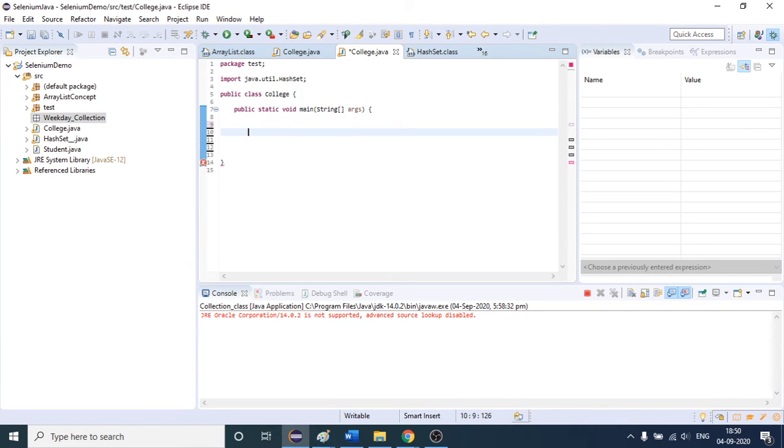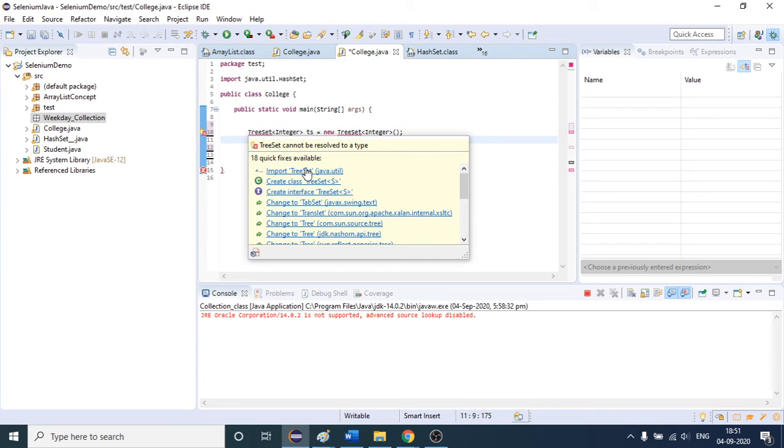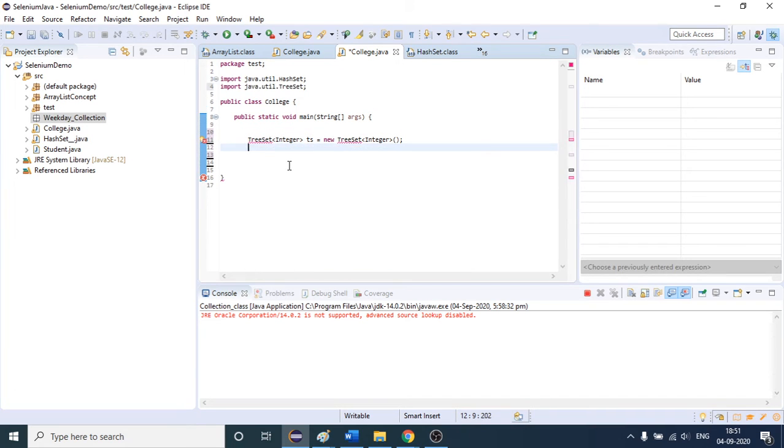Then I will simply create the object of TreeSet, and I am saying it will store Integer values, ts is my object name, and with the help of the new keyword I will create the object. See, my object is created. Let me also import the package very quickly. This is the package from which this class is coming, so I have imported this.